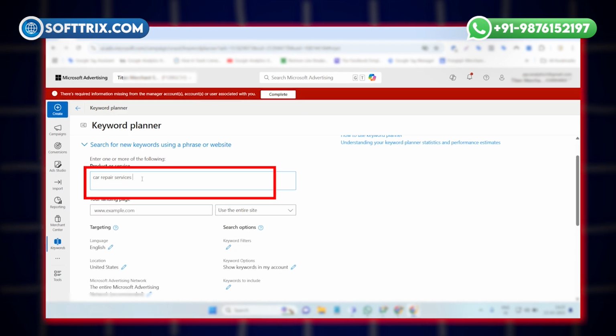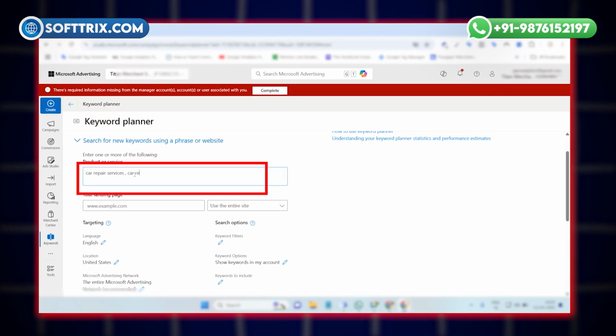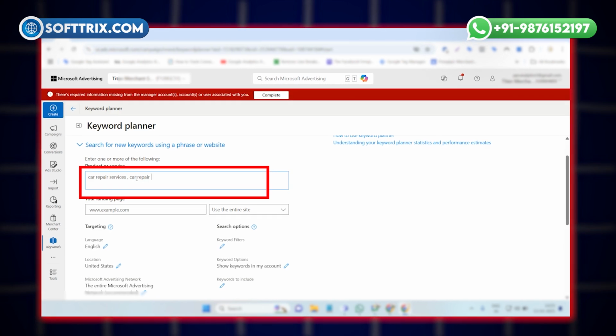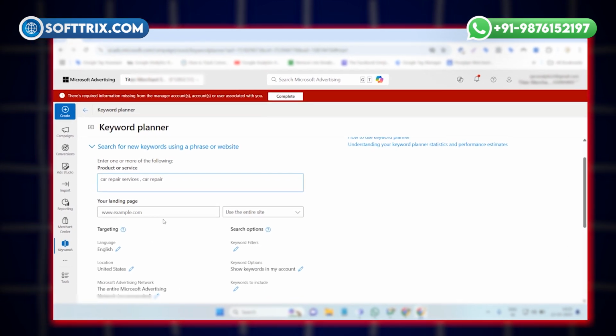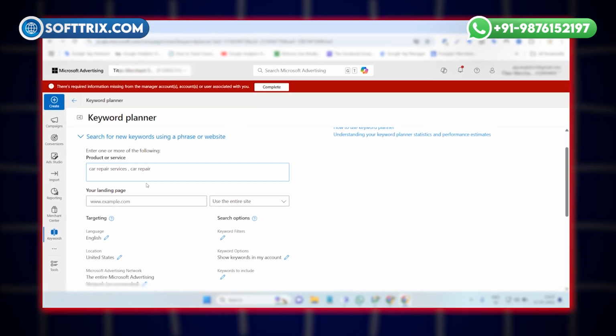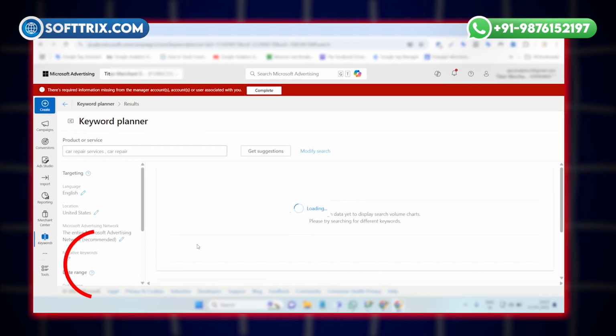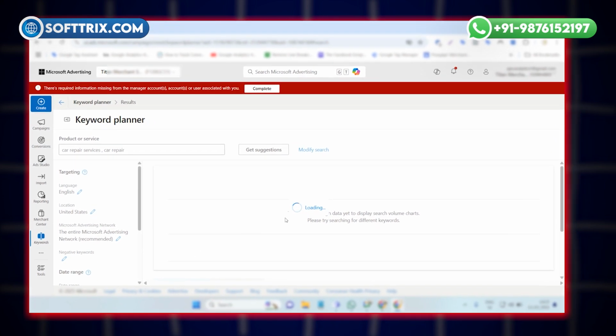So I want keywords like this, and the target location is United States. I want to see what kind of keyword suggestions it gives us if I give them seed keywords like this. So I will just click on the get suggestion button,